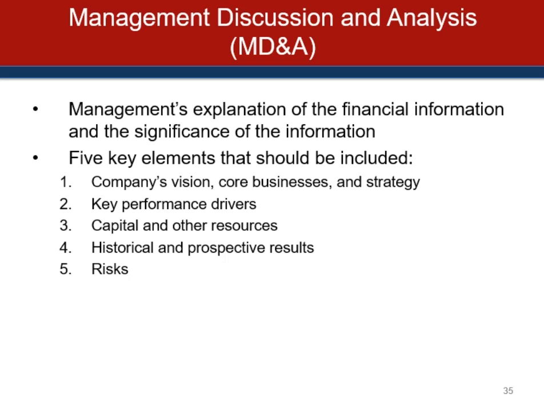So they're going to look at 5 key elements which should be included in the MD&A: the company's vision for its future, its key core businesses that it's operating, and observations about the strength of the business or challenges within that business, its strategy for developing different businesses in the future, an analysis of key performance drivers and what their results were this year, and an interpretation of those in terms of how management sees them affecting the value of the business. Capital or other resources, both existing capital and potential future